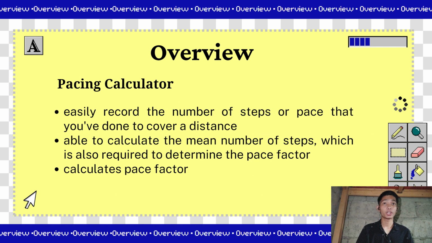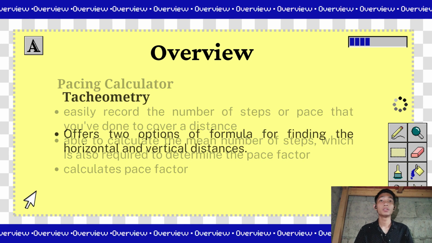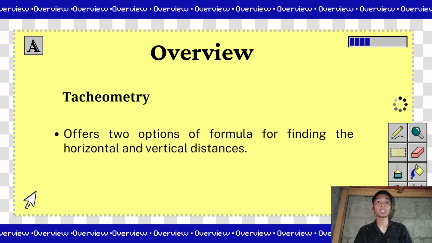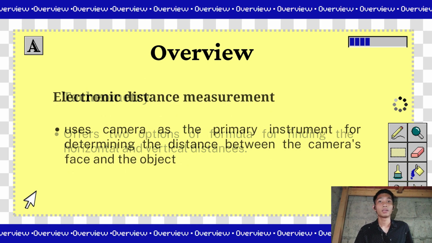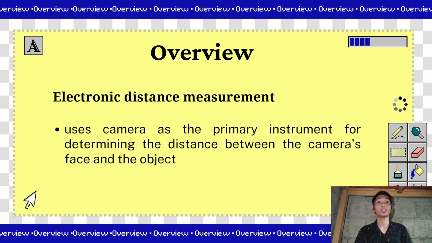For the pacing calculator, here is what it offers. It easily records the number of steps or pace that you've done to cover a distance. It is able to calculate the mean number of steps, which is also required to determine the pace factor. For tachymetry, it offers two options of formula for finding the horizontal and vertical distances. Lastly, for the electronic distance measurement, it uses camera as the primary instrument for determining the distance between the camera's